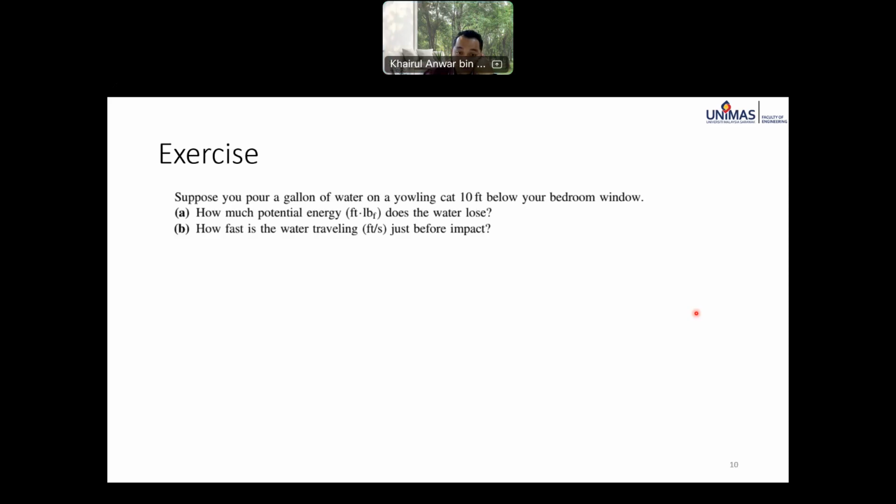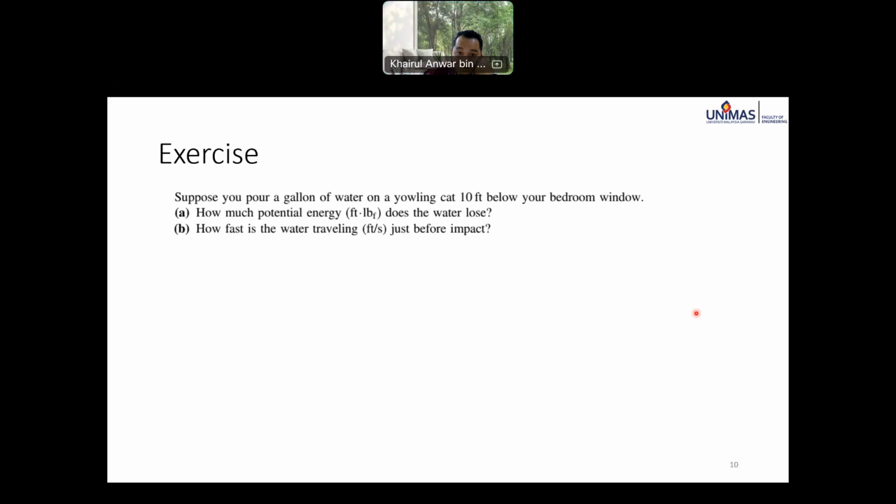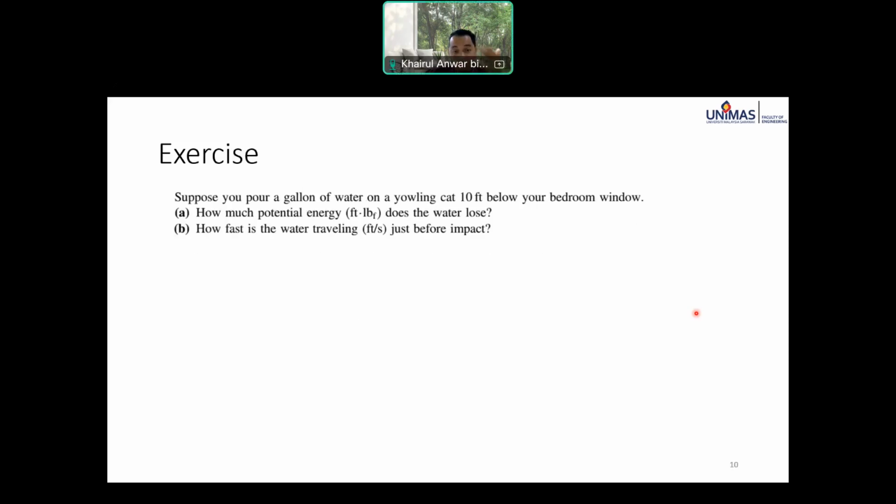So a gallon of water is a unit. So that unit, this is not talking about a rate. So that unit, a gallon of water, if you're not familiar, you can change to kg. A gallon of water is a unit of